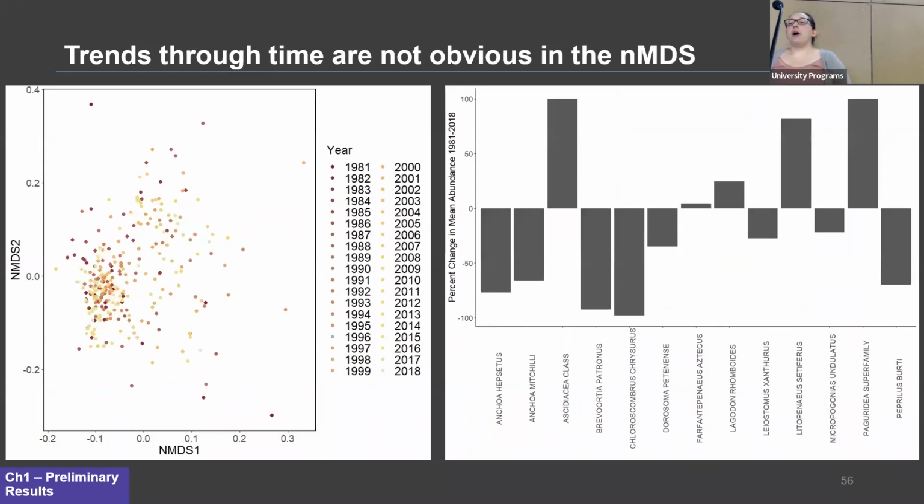So I've spoken a lot about the spatial trends of this data, but of course this analysis is also focused on the temporal trends. So the figure on the left is that same MDS that I've been showing, except that the points are color-coded by year, where earlier years are darker and later years are lighter. And we can't really see any distinct patterns in the MDS and the communities relating to what year the sample was taken in. And what we found is that we really can't pick out any temporal trends using the MDS